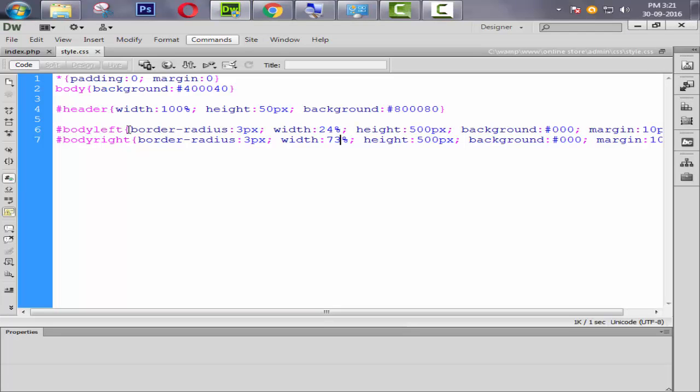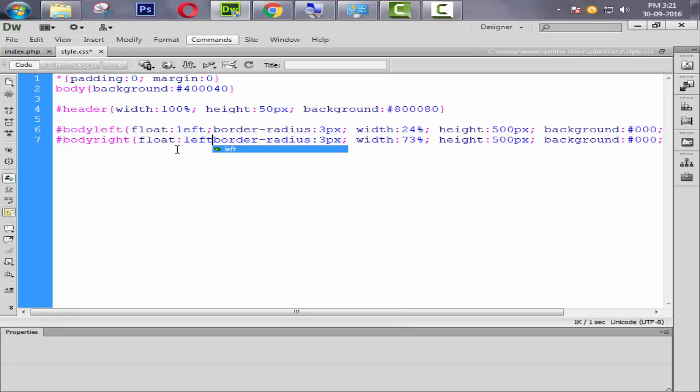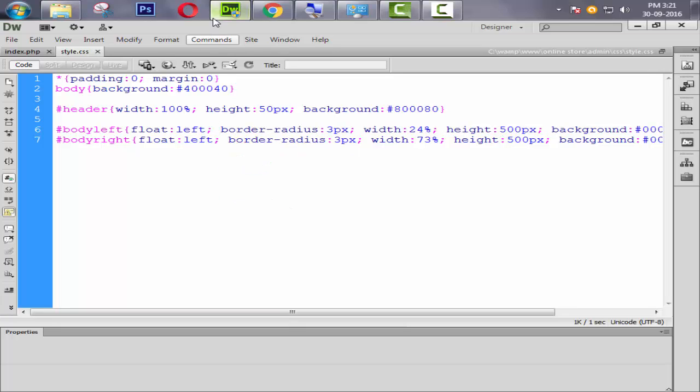Refresh and check. Okay, it's coming here because we don't use the float property, so we use float left here, and we also need float left here. Now refresh and check.